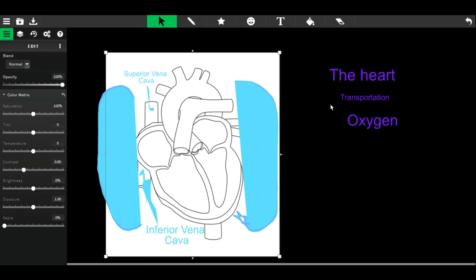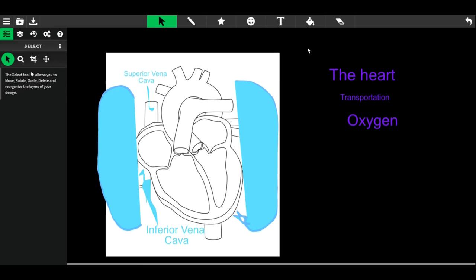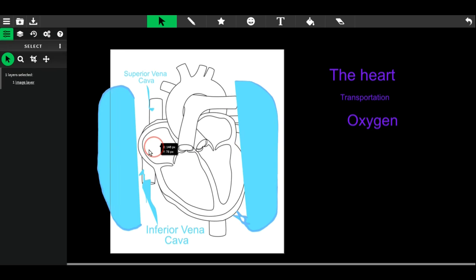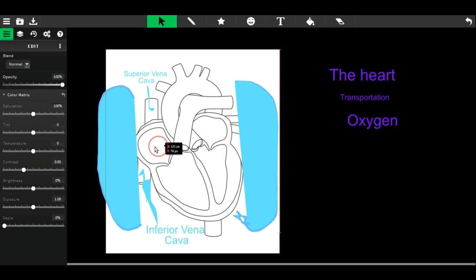And that's pretty much like the head and neck area. So it comes from the superior vena cava down to this chamber right here, which is called the